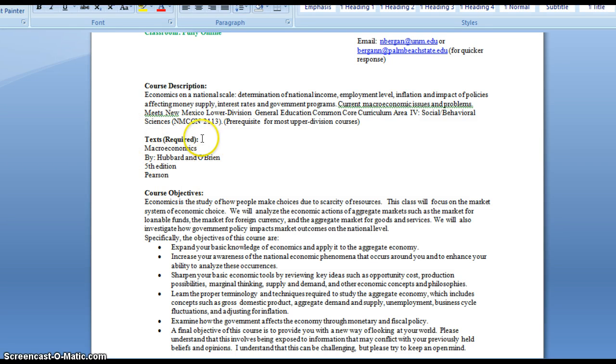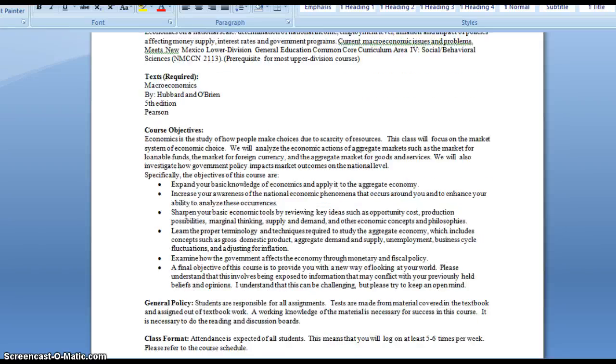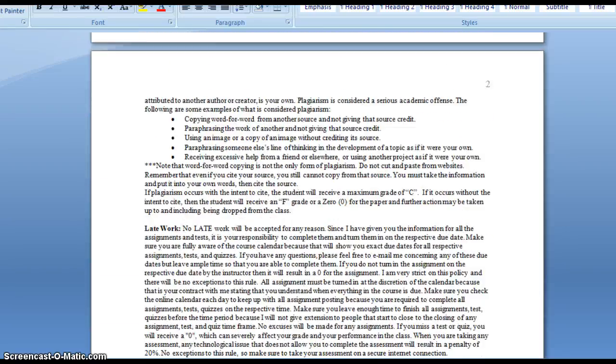Here's the book for the course. A recommendation I have is that you can buy the book online on Amazon. You can buy the 3rd edition or 2nd edition, and you don't have to pay all but probably $1 or so. I just looked. So if you want to save money, that would be another option for you. Let me show you some other things that are important in the syllabus.